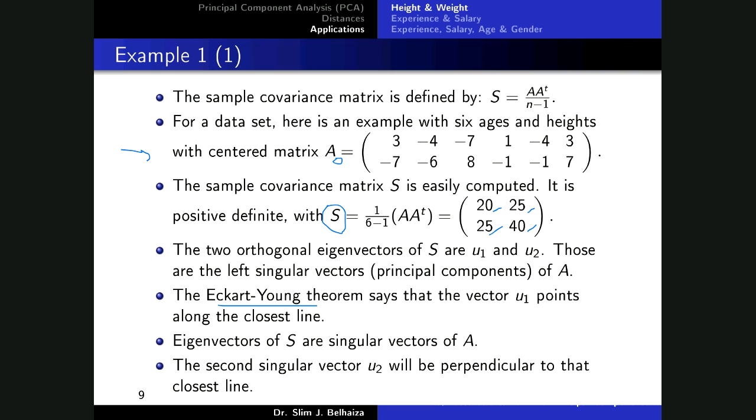It says that the first singular vector U1, or in case we are talking about S, the first eigenvector you obtain, represents the closest line to your data set, the one that is the closest to the scatter points you have. So the eigenvectors of S, in fact, represent, as we've seen in the SVD in 1.8, the left singular vectors of A. While the second